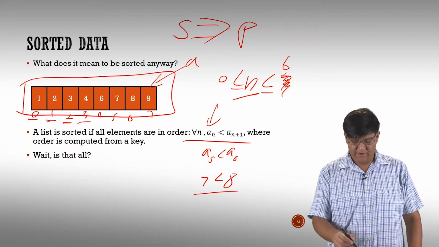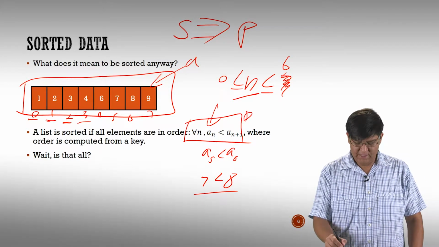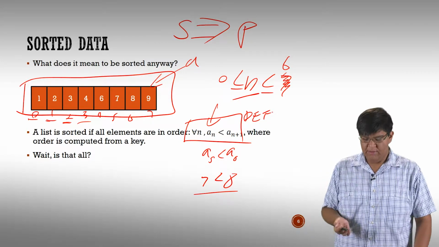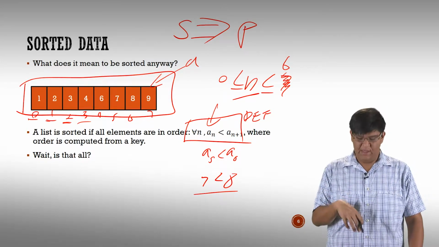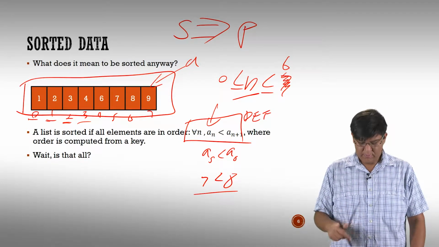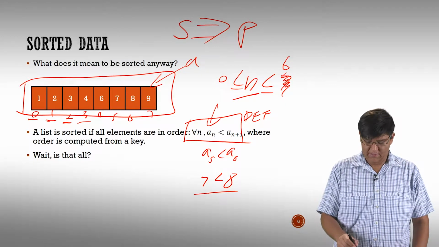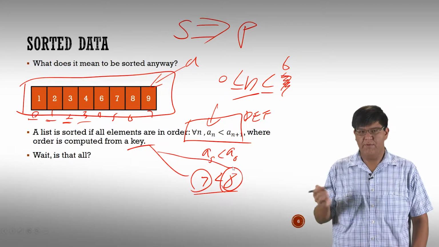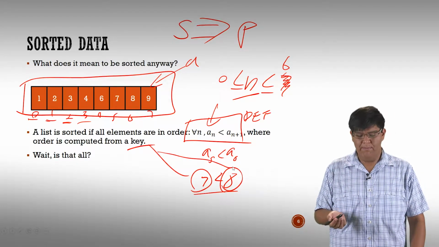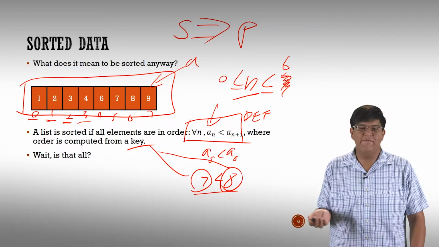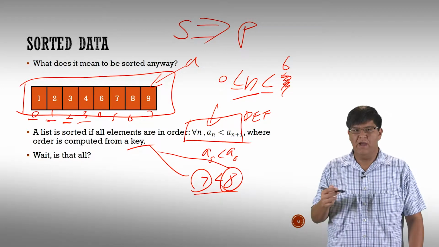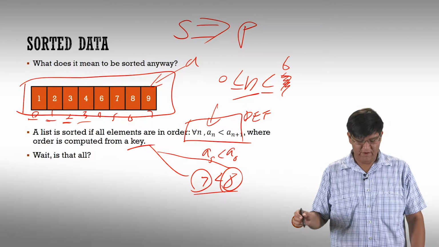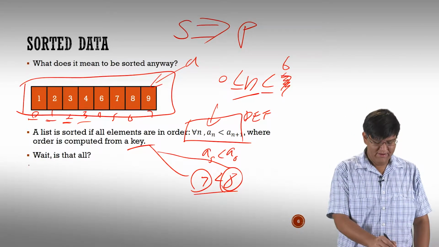So yeah, this is our definition here. When we say that an array is sorted, this is what we mean: this holds. For all n, a sub n is less than a sub n plus 1. And these values here, 7 and 8, are keys. Here we just have a primitive data type, so it's not a big deal. But if we had a more complex type, we'd have some additional logic to pick out the thing we're comparing. All right, so question for you guys: